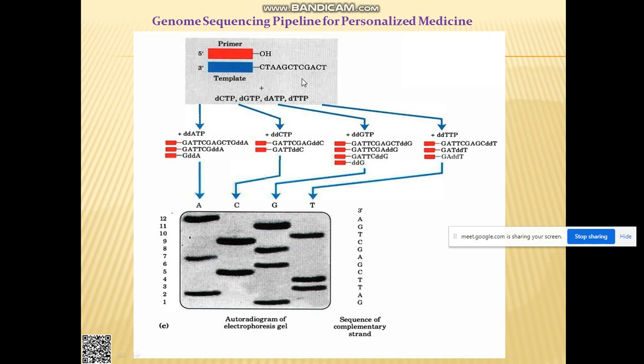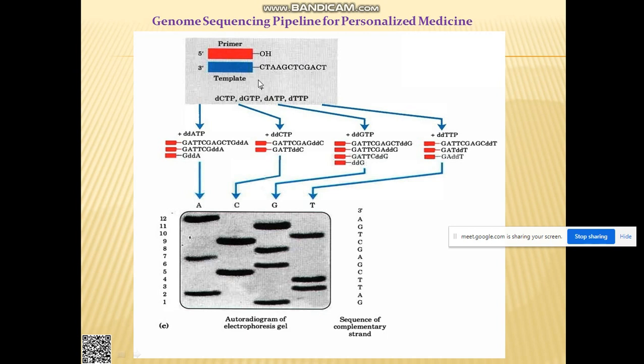Okay. So what happens is consider that this is your PCR tube. In that PCR tube, you need to put all the raw materials, that is dCTP. d means deoxycytidine triphosphate, deoxyguanosine triphosphate, deoxyadenosine triphosphate, deoxythymidine triphosphate. So all these things will make this gap. Now this is the gap, and here it is C, so here it will be G. Likewise, the gap will be filled up.